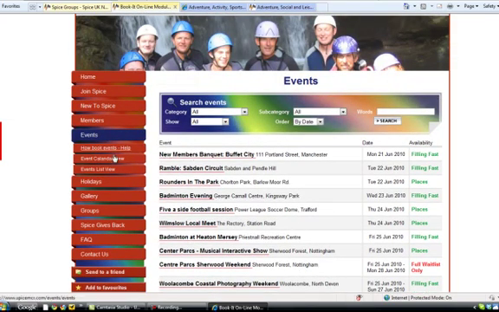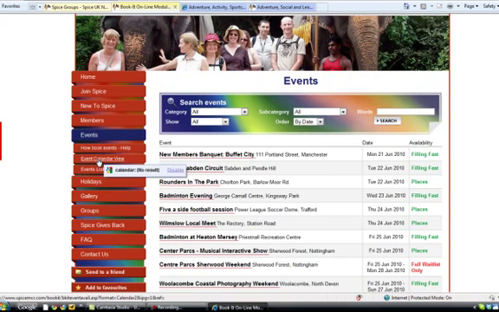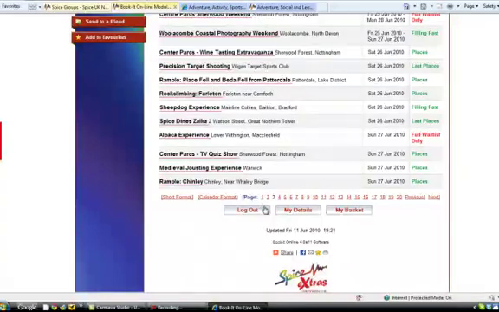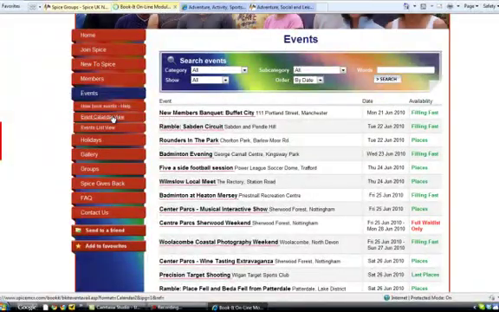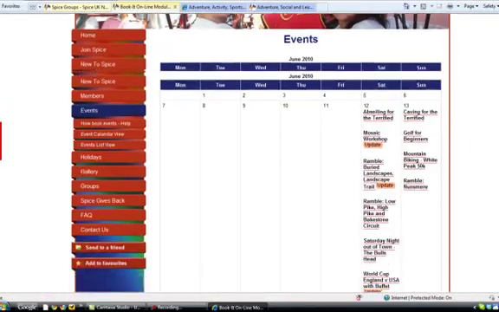I like the calendar view, which is over here. So underneath the events tab you've got a calendar view tab. It's also the same sort of link down here in calendar format, so you can click either of these and that will take you to the calendar view, and I think that's the best way of looking at the